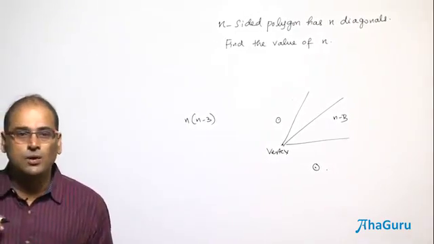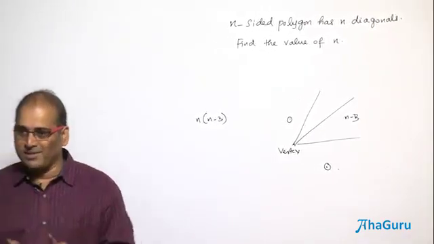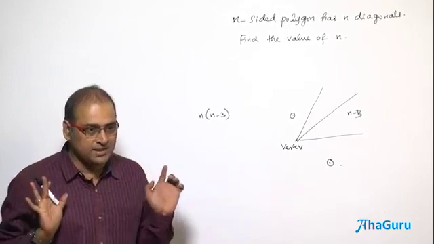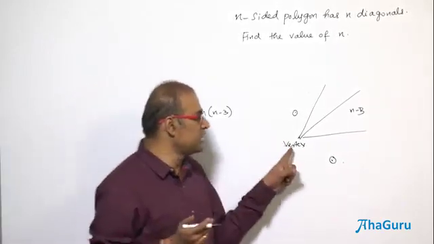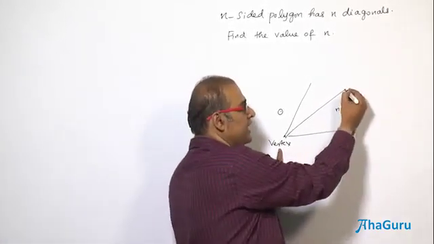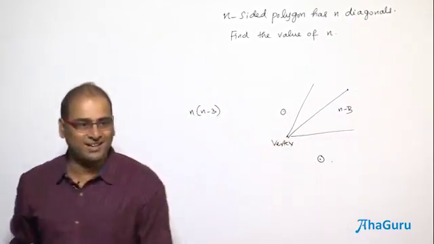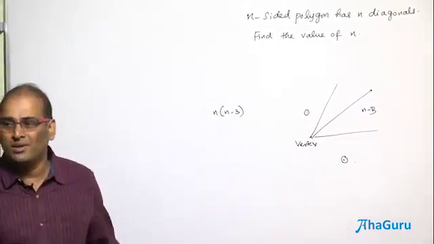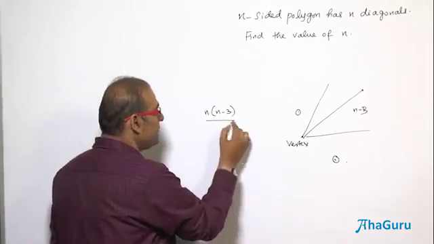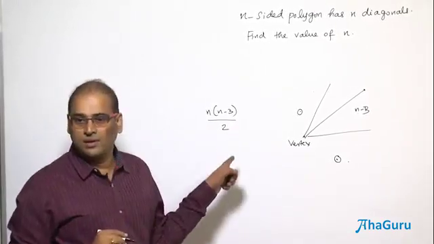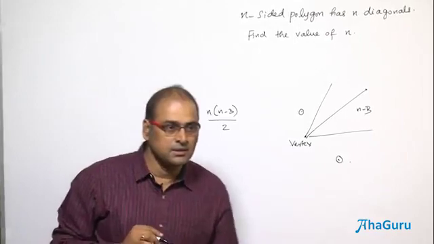Do you carry extra counts? You go with the basis, that's enough. You will carry extra counts. Yes. Why? Because with this as primary, I would have counted this diagonal, but with that as primary, I would have counted the same diagonal. So the same diagonal is counted from both the ends. So you divide by 2. And what is this? Number of diagonals.